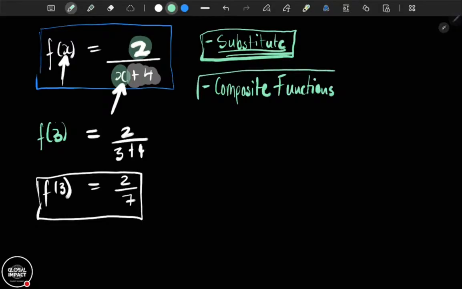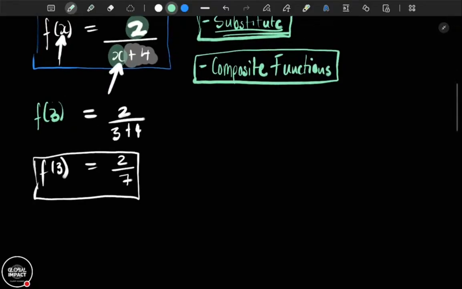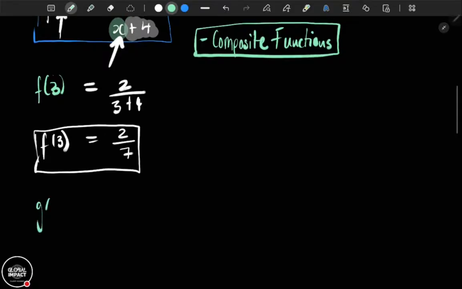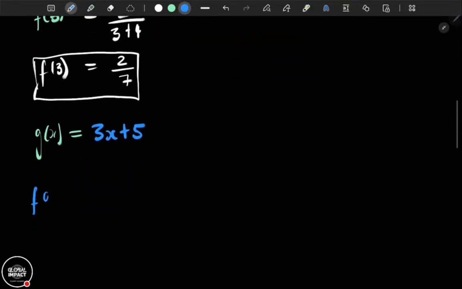We should be able to solve composite functions. Composite functions is when we put another function into a certain function. So let's say you have another function called g of x, and g of x will be equal to whatever they'll ask you. I want to go to past paper questions and do more of those because you quickly learn. If g of x is equal to 3x plus 5 or something, now they can ask you to say, please find f g of x, like this.